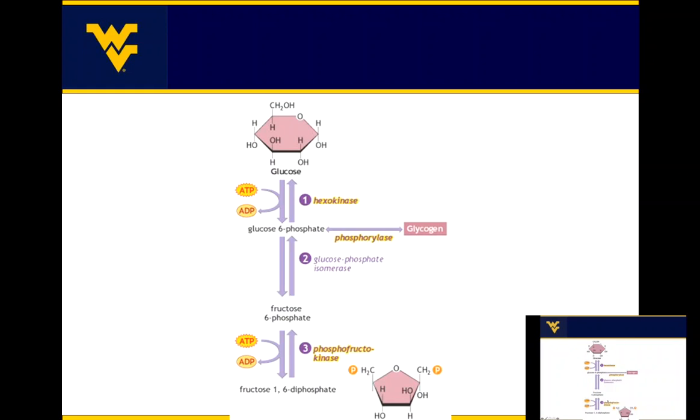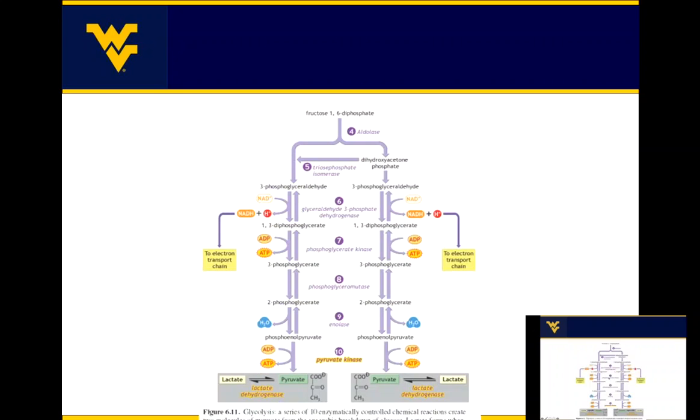And it can change by different things like temperature and pH and substrate availability. And this thing changes a lot, and it can either change to make this reaction go faster, or it can change to make it go slower. That's why it's considered the rate limiting enzyme. But keep it simple, guys. In order to use glucose for energy, you must actually give energy up in two different steps. So by the time we get to the substrate fructose 1,6-diphosphate, we're already 2 ATP in the hole. Okay, so with that being said,